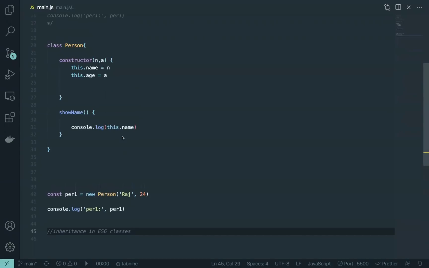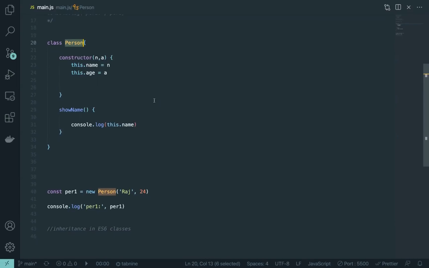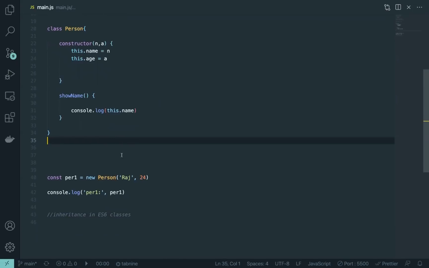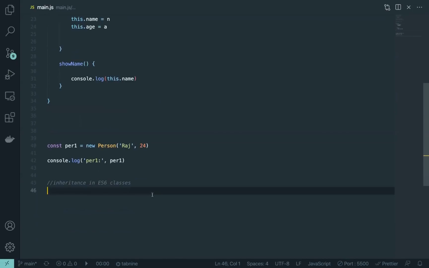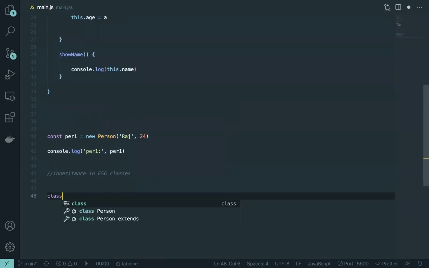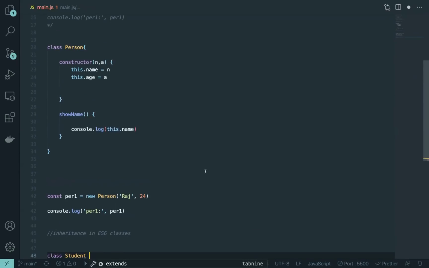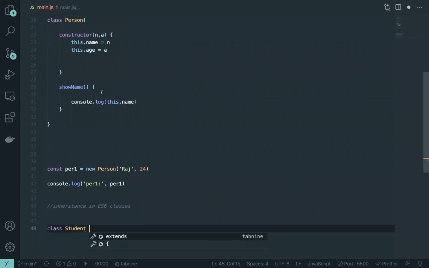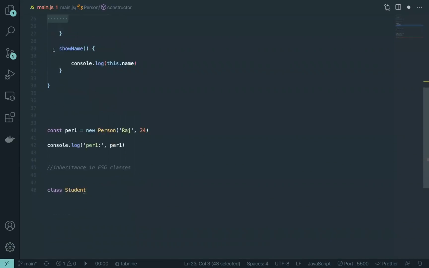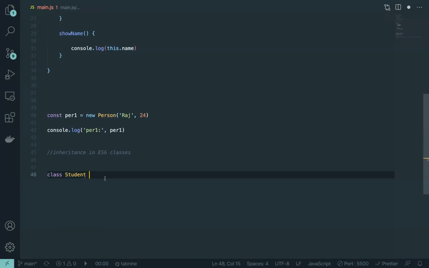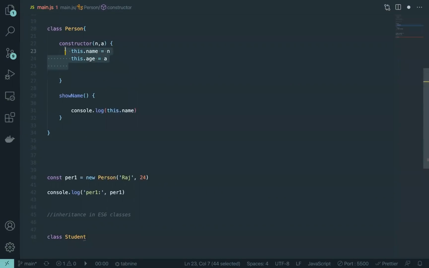So now let's say we have this person. Now even a teacher, student, carpenter, anything at all, they are obviously a person. So we want to, let's say, create a new class named student. But since that class student will ultimately be a person, every student is a person, this property should directly get added to the student class. I don't want to keep on writing this line of code again and again. So